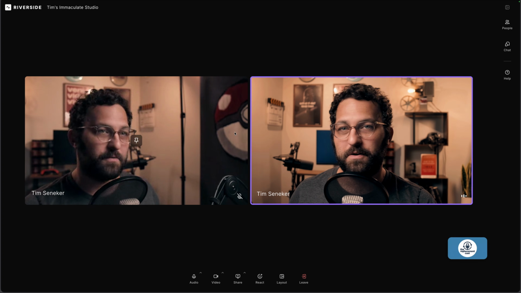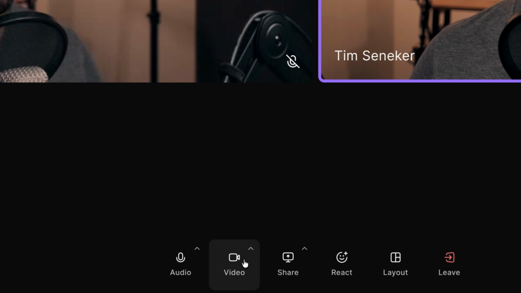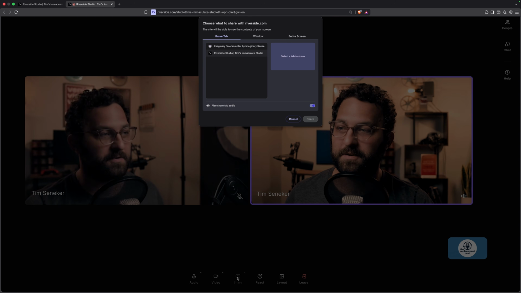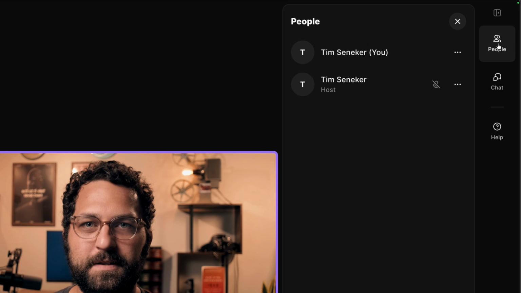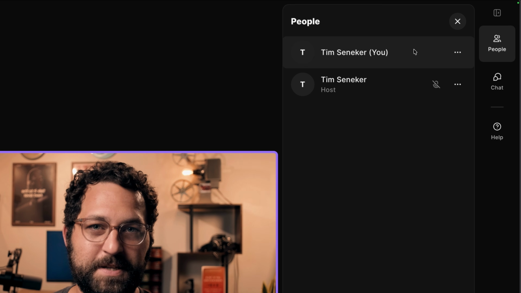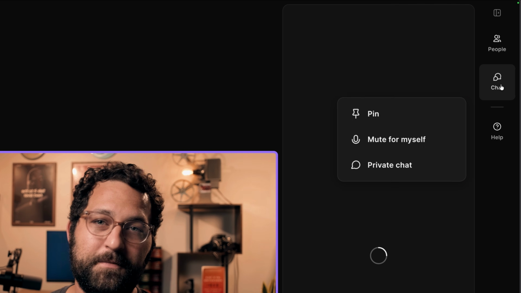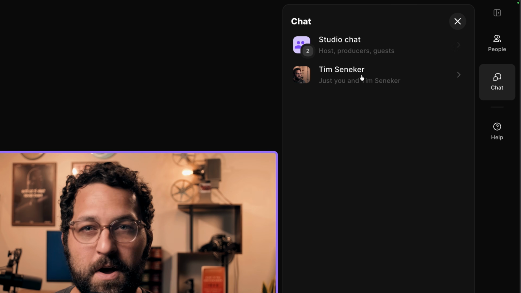First, you can see everyone inside the session here, and then you have your toggles for your microphone and your camera in case you need to mute yourself or turn off your video for whatever reason, and you have the option to share your screen if applicable. Then right over here on the right, we have this People tab that shows everyone who's in the call with the option to pin them if we need to. Then we also have this chat bar here where we can chat with either the whole studio or a specific